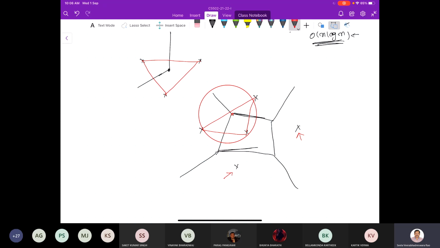Can we see this one? See, this particular vertex is closer to these 3 sites. All others are far away from it. So if you take a circle with this as the center and it passes through these 3 points, no other site is inside the circle. Yes?